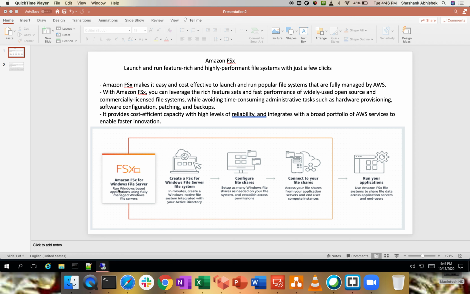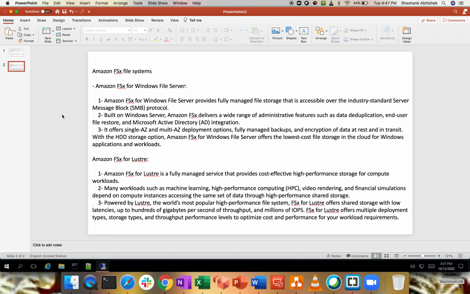You create a configuration within Amazon FSx, which is basically a file system. You create a file system, you map that file system with your environment like servers, connect to your file server, and you can run your application. So you can have the backup of your database placed inside this file system, or you can have a configuration file which is shared across your environment. You can use this file system, which is a very fast and performance-effective approach from Amazon Web Services for Windows-based applications. Okay, so that's basically the mechanism by which it works.